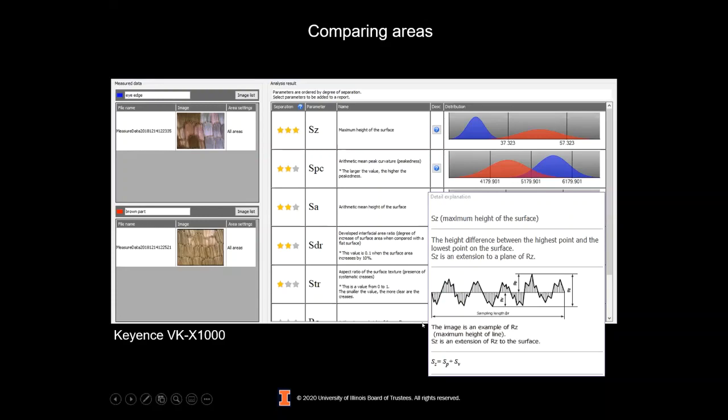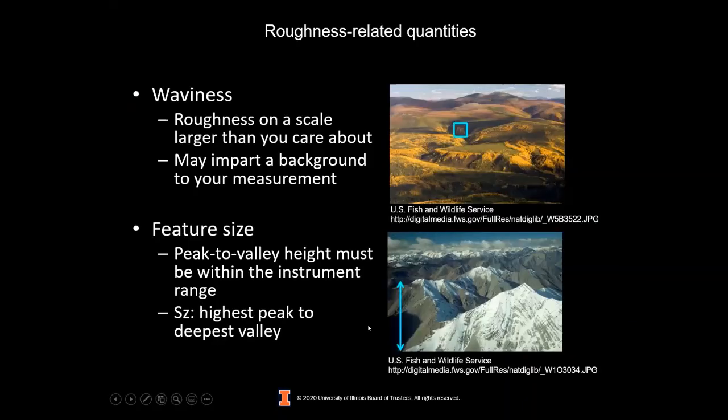This is one of many, many, many roughness parameters, and others that may be relevant are longer scale roughness features. For example, these hills in the background. This is waviness, which you can either choose to measure or you can choose to exclude as a background if, for example, you're only interested in the flower heights on this hill. The S sub Z, the peak to valley maximum on the sample, is one parameter that is one of 2